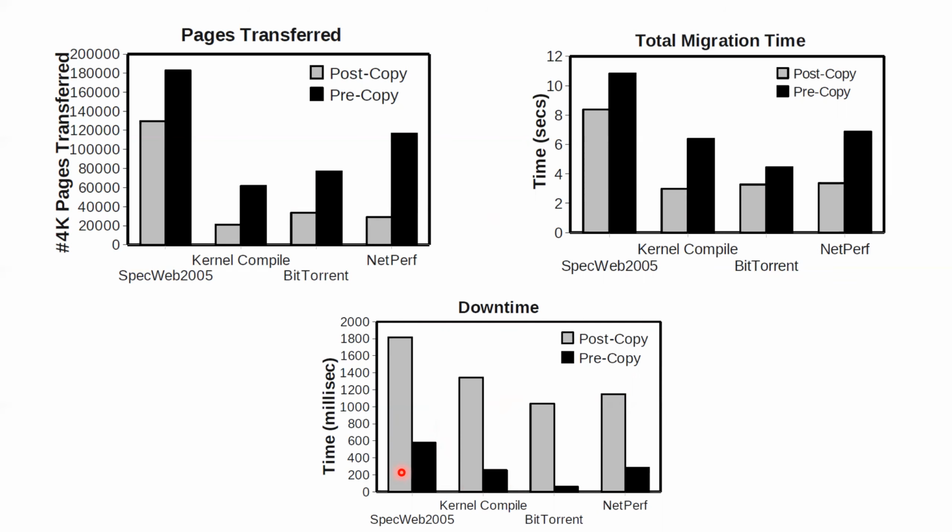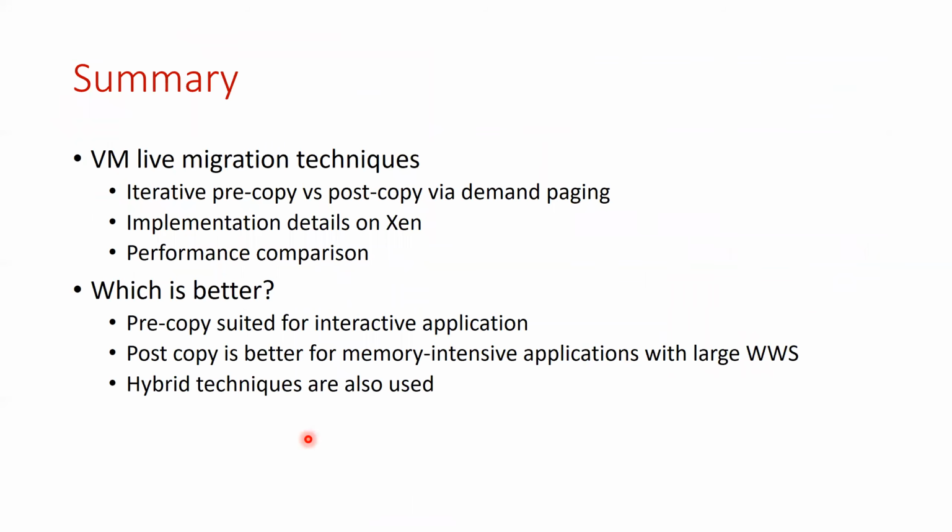The authors in the paper also say that because of their pseudo paging device, they have some overheads, and if they optimize their system further, they hope to bring down this downtime. But in general, you can always expect that post-copy will have a higher downtime than pre-copy, because you're starting out with nothing at the target, right? So you have to take a lot of things initially in the stop and copy phase with you to resume a VM at the target.